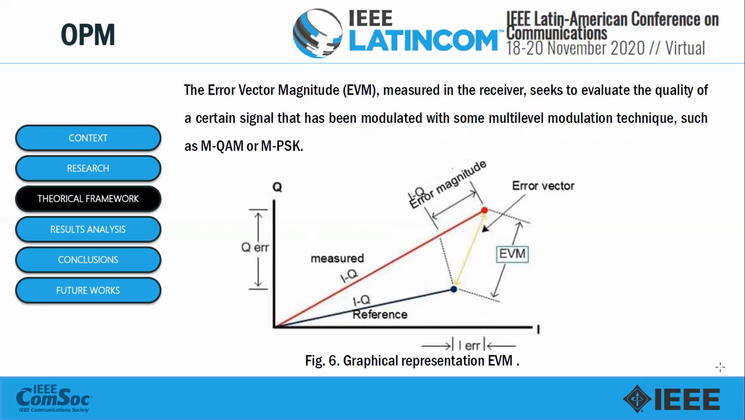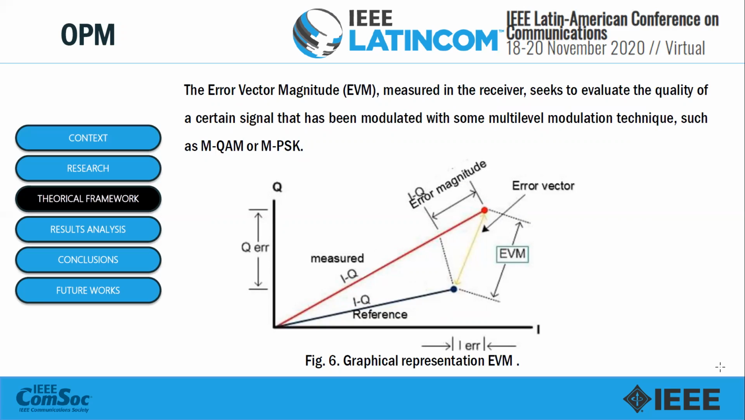Talking about the OPM, the optical performance monitoring, we need to consider the error vector magnitude, EVM, measured in the receiver, which seeks to evaluate the quality of a certain signal that has been modulated with some multi-level modulation technique, such as M-QAM or PSK. So in figure 6, you see the graphical representation of the EVM,